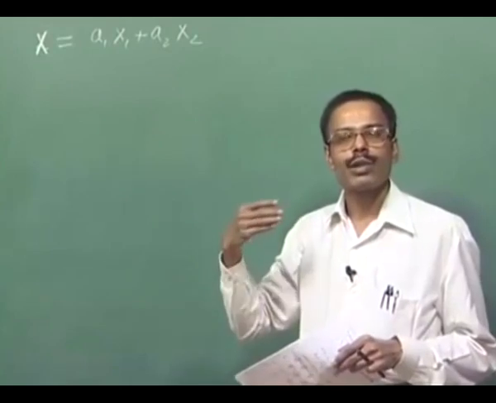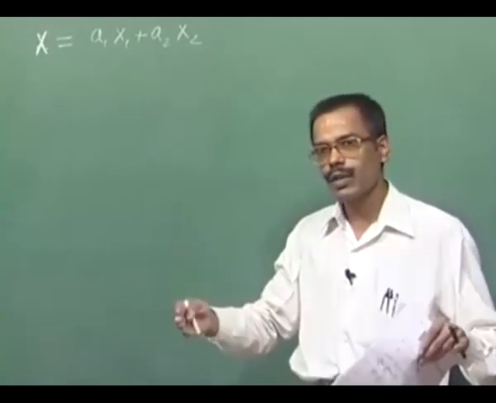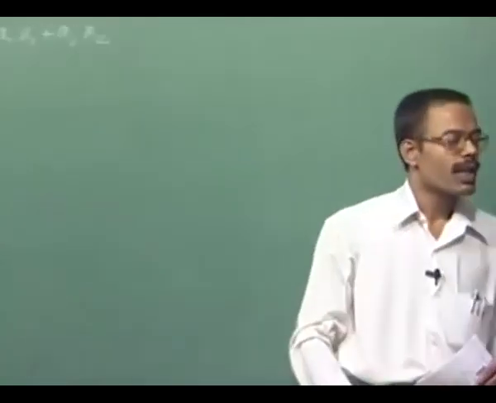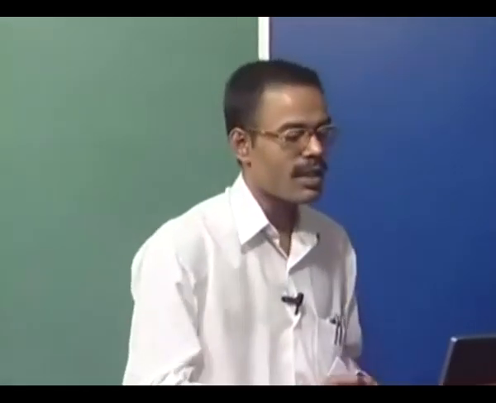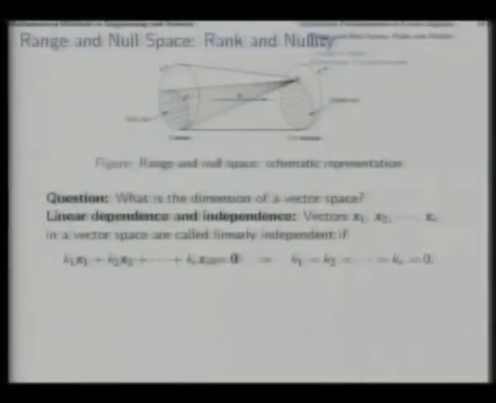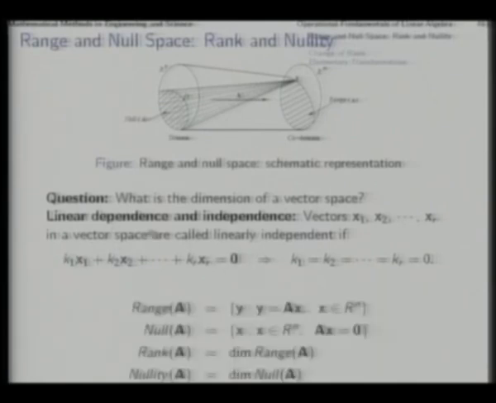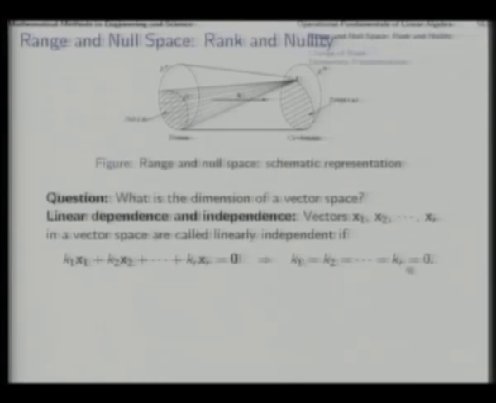When we talk about the linear dependence of several vectors together, then typically in the most general sense we say it in this manner: if k1 x1 plus k2 x2 up to kr xr, if the whole sum being 0 necessarily implies that all these contributions are independently 0, that will mean that these vectors are linearly independent, in the sense that from one place on earth,